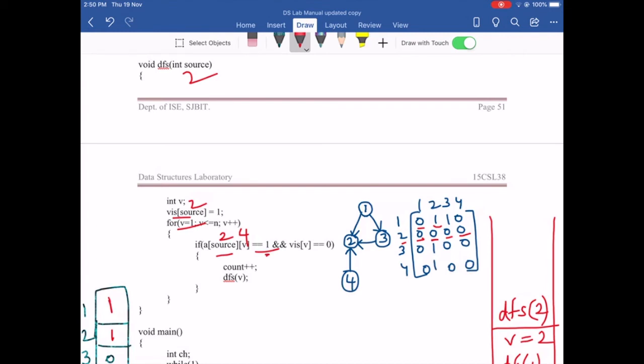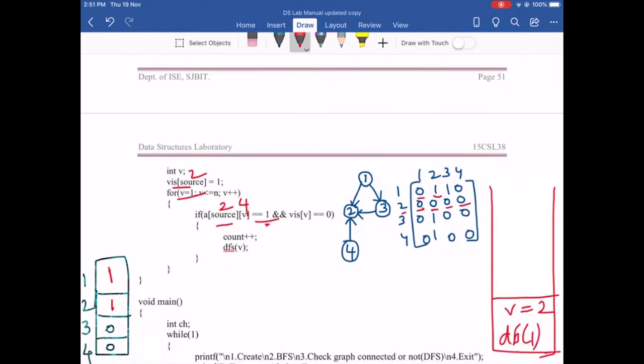Now when this happens, you are completed with the DFS function for this particular iteration. Once an iteration is completed, it is going to be removed from the stack. So you are going to come back to the previous iteration and continue with it. The previous iteration was when you were executing DFS of 1. You had stopped at v equal to 2. With v equal to 2, all the vertices that could be reached were handled. Now we are going to come back and check what else you can reach from DFS of 1.